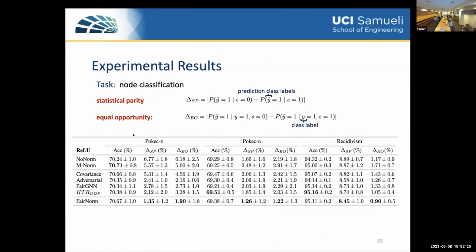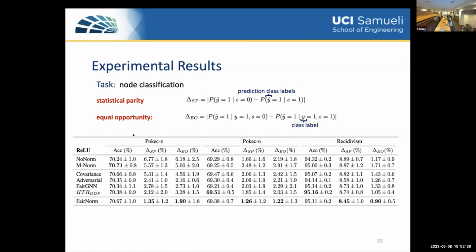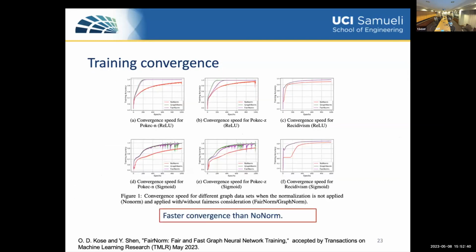So, of course, experimental results on node classification, and due to the limit of time, you should be convinced that it works because we have already published it recently. Otherwise, it would not be published. Okay, but what I want to go a bit faster is here we remember I mentioned that normalization acts as a